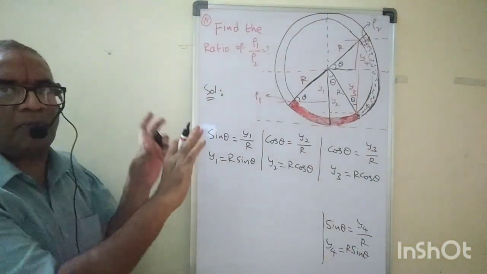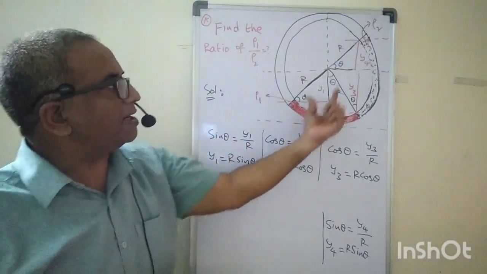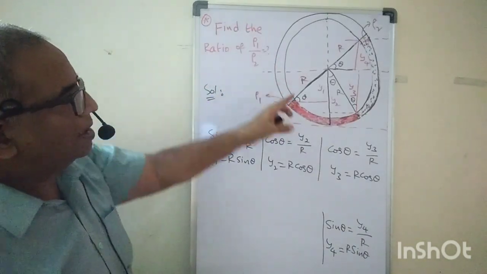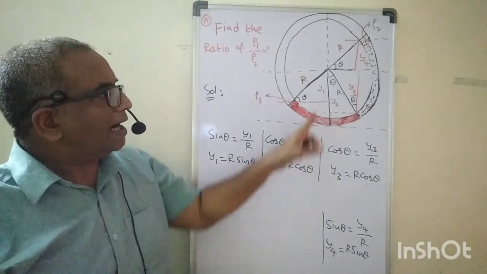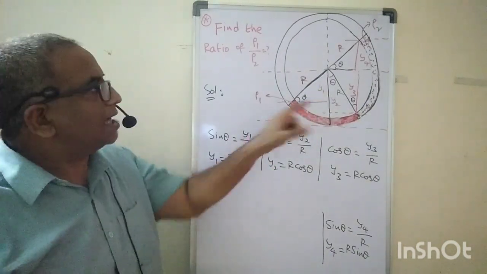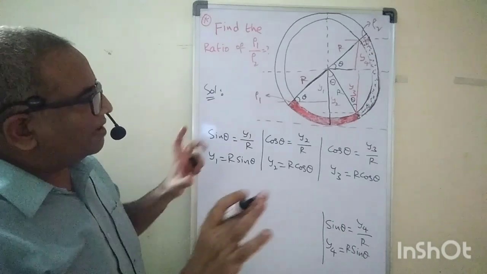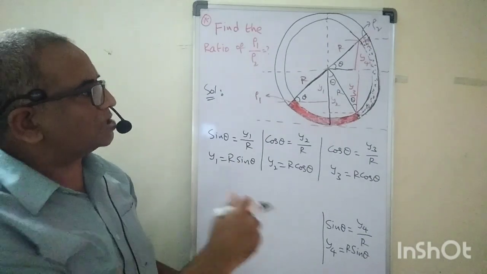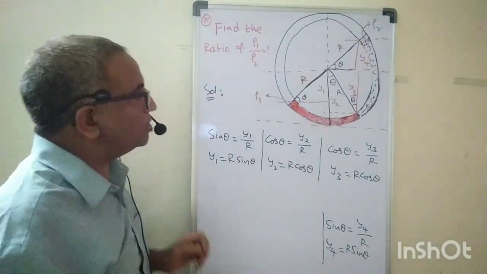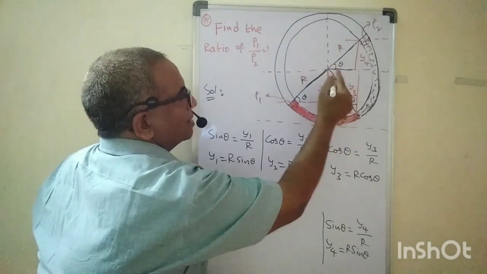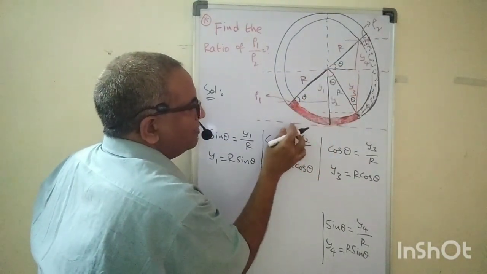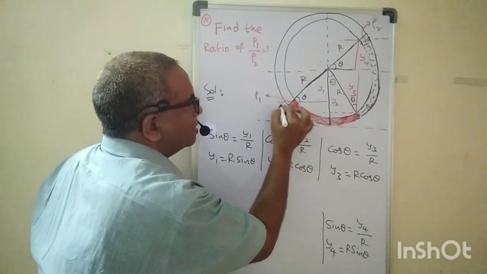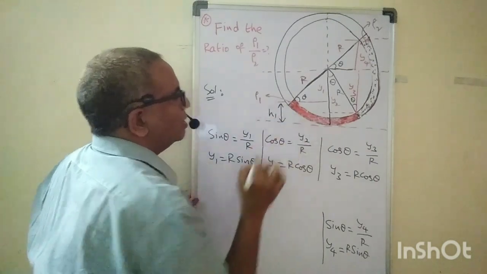See here, what is the problem you understood here? They are given two different densities, and due to the pressure of this one, what happened? The liquid went to the other side and it has made some angle theta, and it is asking rho 1 by rho 2. For that purpose what I did here, I just divided the various heights here. I am just trying to find the height here. Observe carefully, this one is y1, and from the bottom, this liquid column is making a height h1.